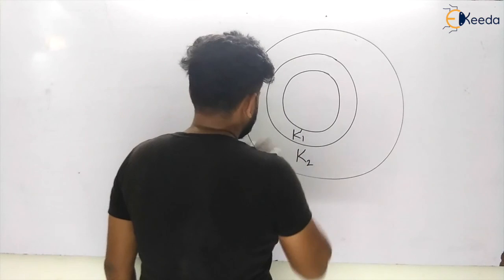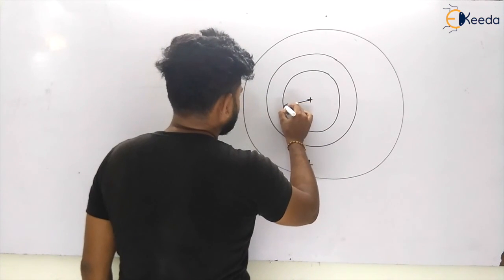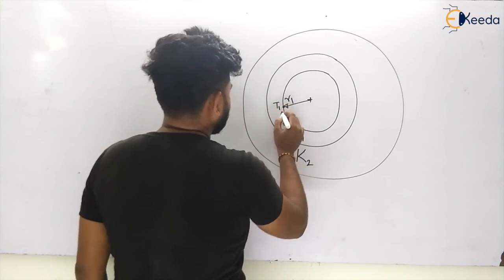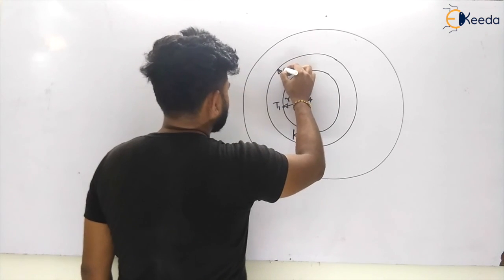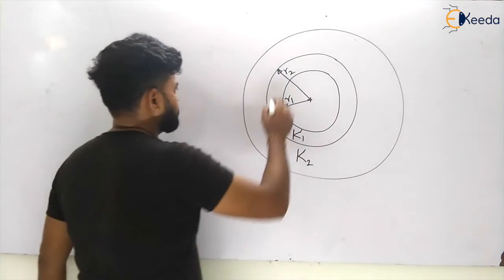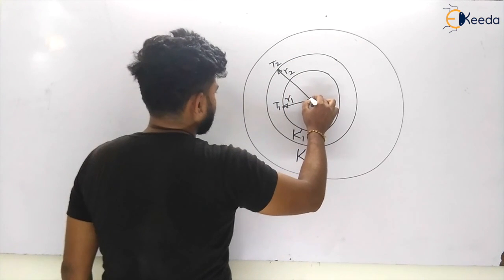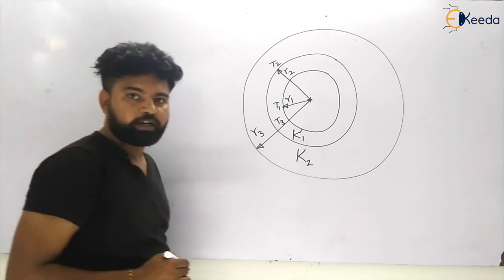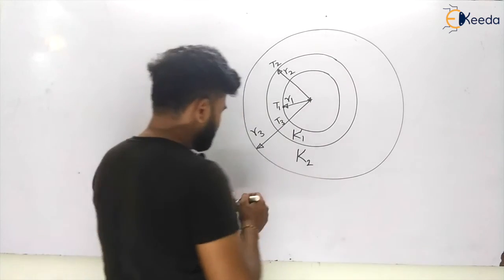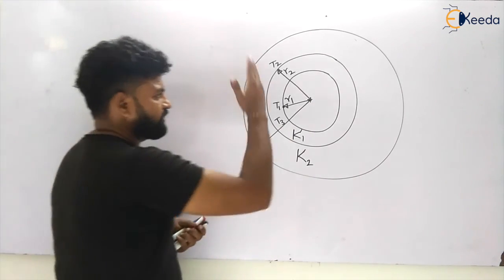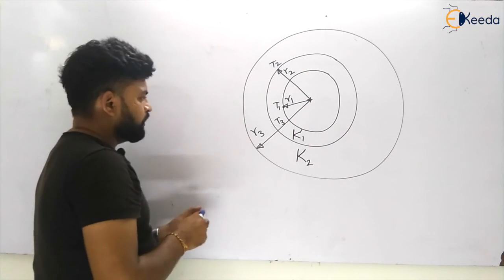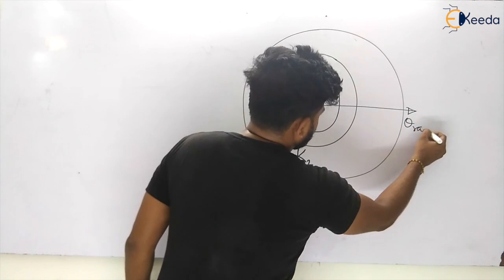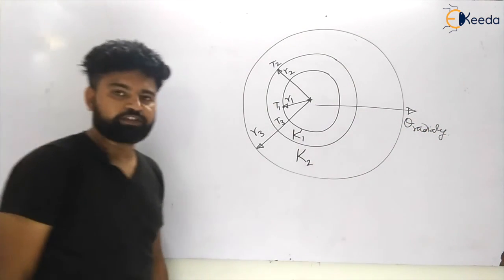Now let us take this is your radius R1 and temperature is T1 here. Let us take this is your radius R2 and temperature is T2 here. Let us again take this is radius R3 and the temperature is T3 here. And how it is conducted inside this, I have told you that that was a sphere. If I cut it in half, this will be visible. Heat transfer will be radially like this.